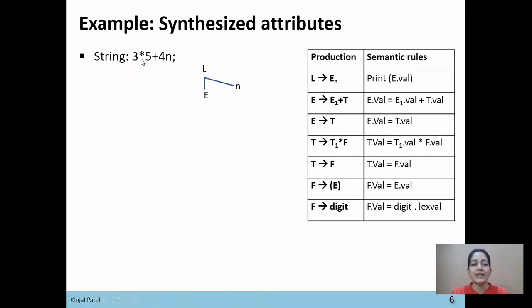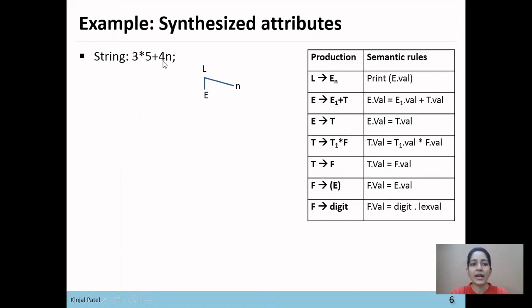Here there are two operators in this string, star and plus. The rule of parse tree says that if there are two operators with different priority, then the operator with lower priority will be computed first, meaning the operator with lower priority will be at a higher level in the parse tree. As plus has lower priority than star, first we'll compute plus.